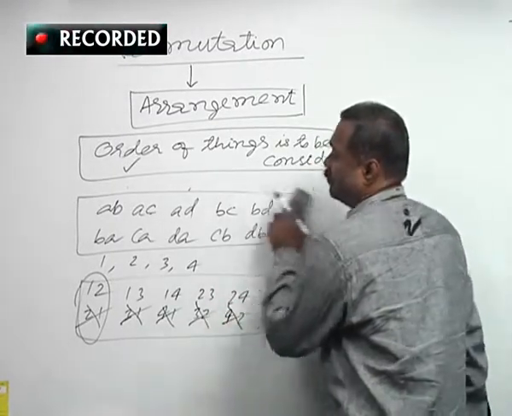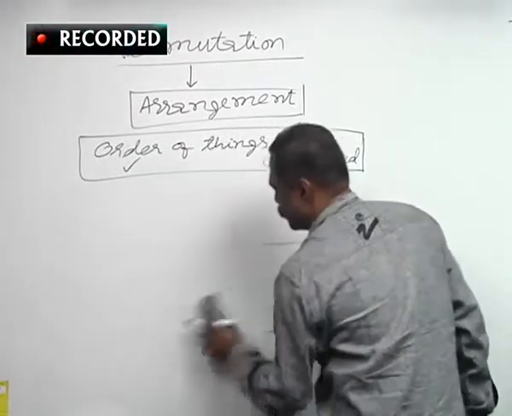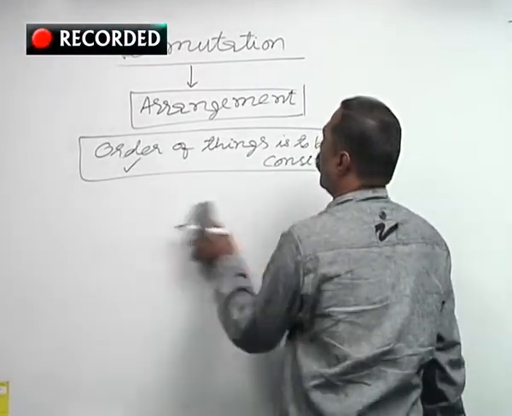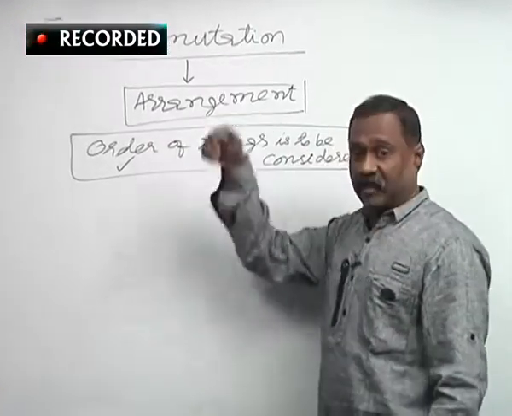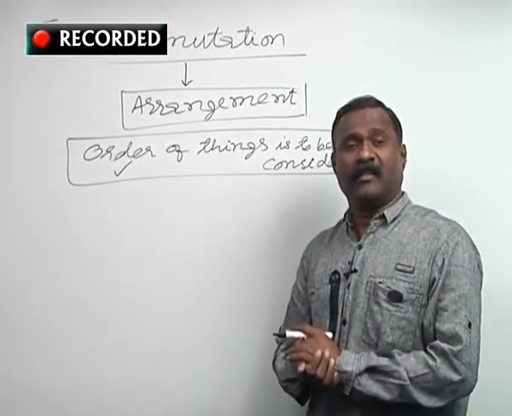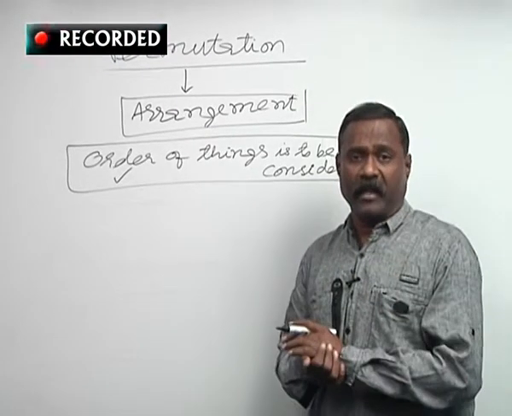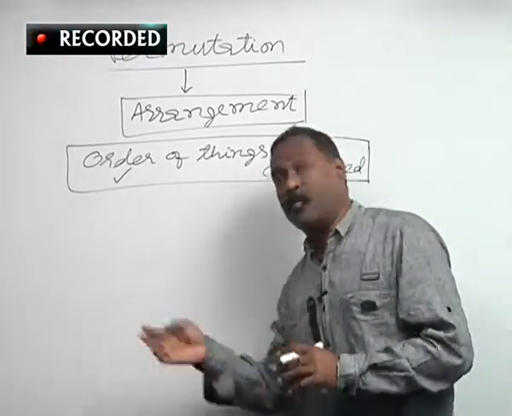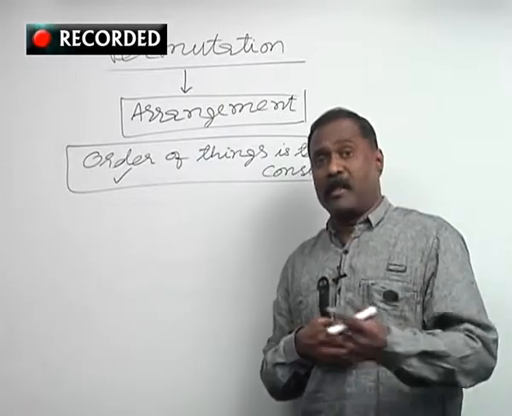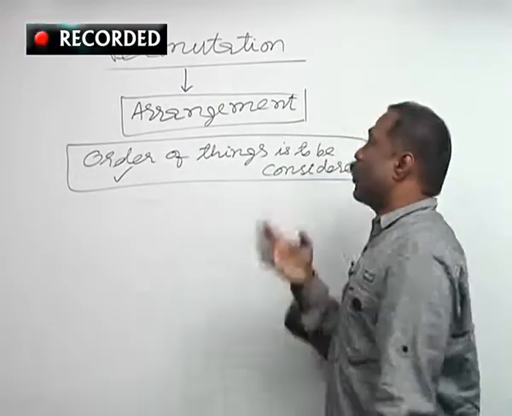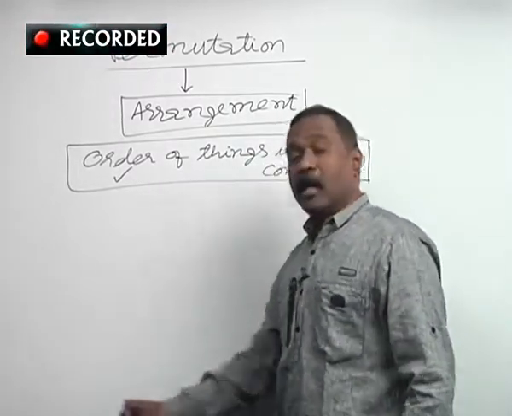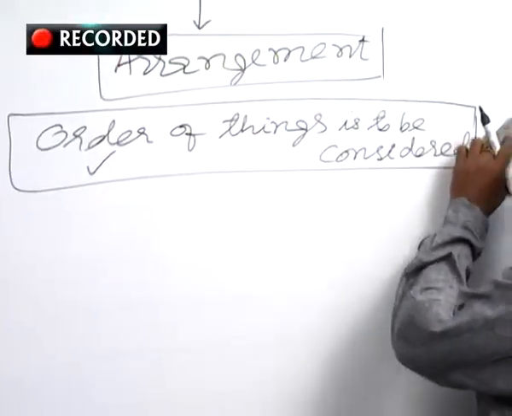So what is the primary thing that is to be observed in a permutation? The order of things is always to be considered after choosing the things. Like AB taken, immediately it is rearranged as BA. Wherever it is not necessary, like 1, 2 is not to be written as 2, 1, you have to proceed according to the question. So for this permutation, now we are going to derive the formula